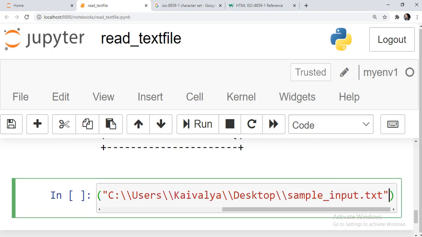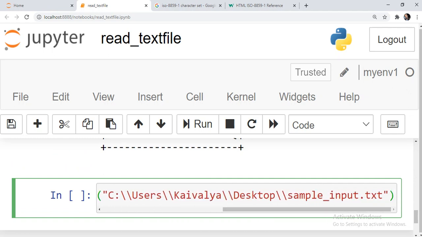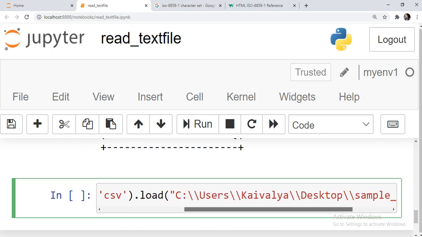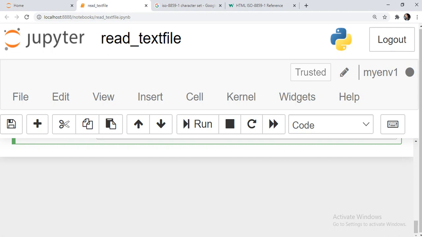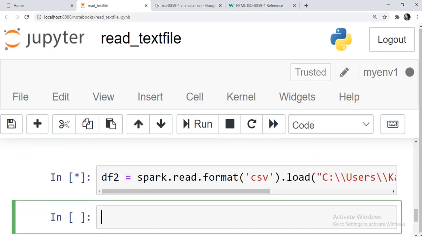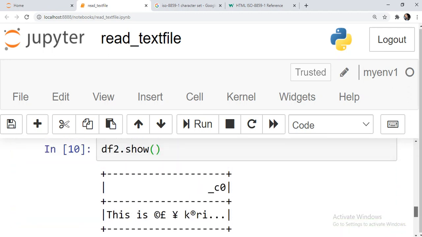Okay. So by default, if I am trying to load this file, which is a txt file, and I am not providing anything along with this format, I don't provide any option, and let's say I'm running it. I don't know whether it works or not. Yes, it's working. Let's see whether it can show the results. Yeah, it's showing the results, right?